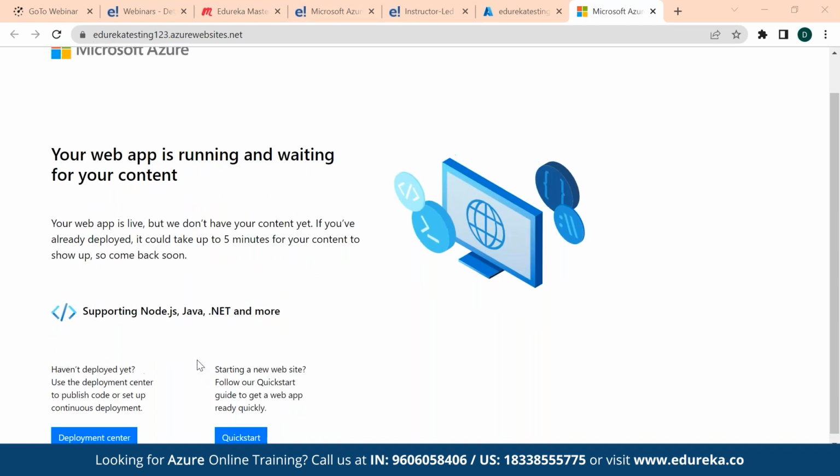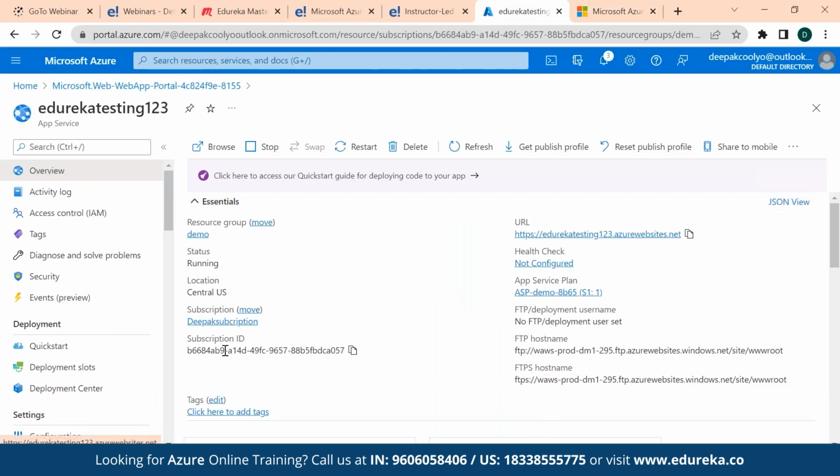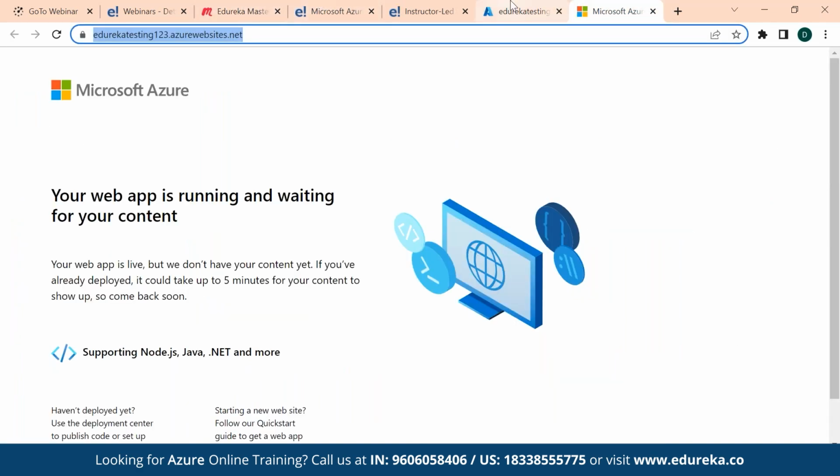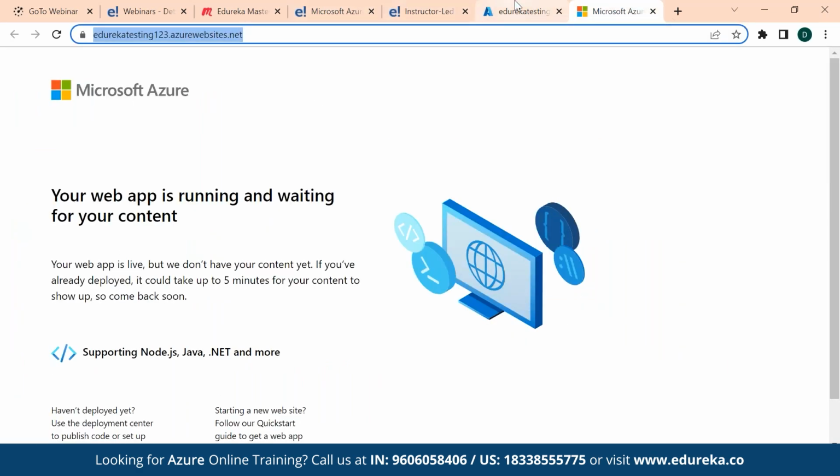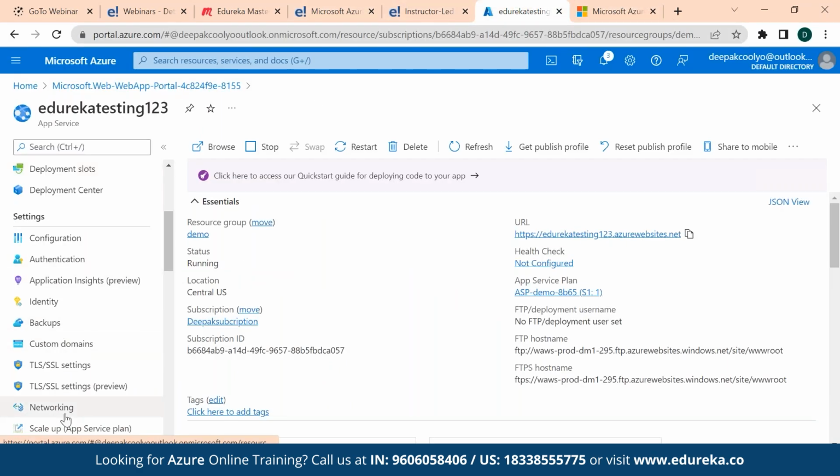Here, if I have my code, I can just simply deploy my code and I can work on it. Or if I want to change the port here, which is being in use, or I want to basically change the certificate, this digital certificate which is being in use, I can customize the entire settings from here.